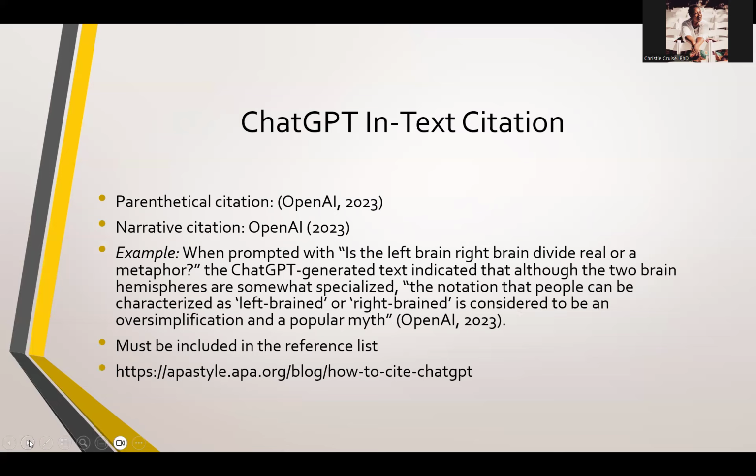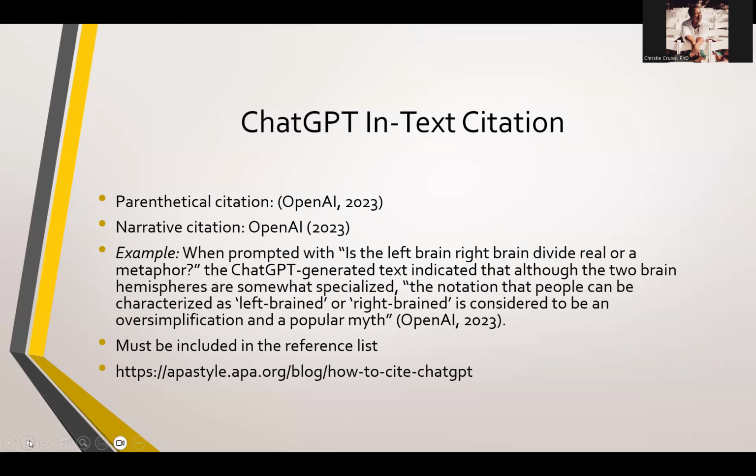If you're citing and it's parenthetical, you would do OpenAI, again, the author, OpenAI, or whichever AI software you're using, and the year. The narrative would be OpenAI, parentheses, and the year. So an example of how this would look in your document.